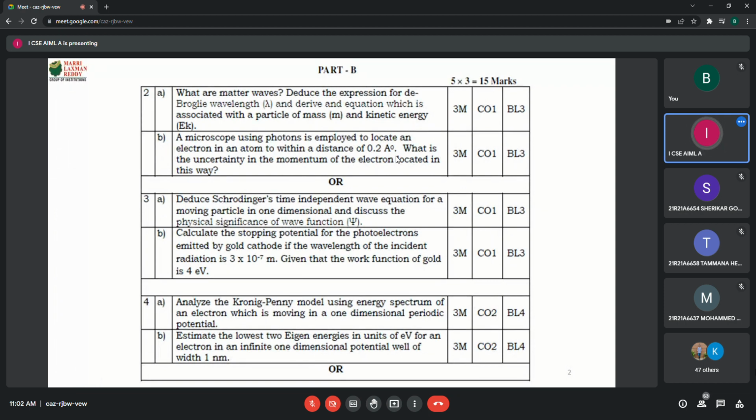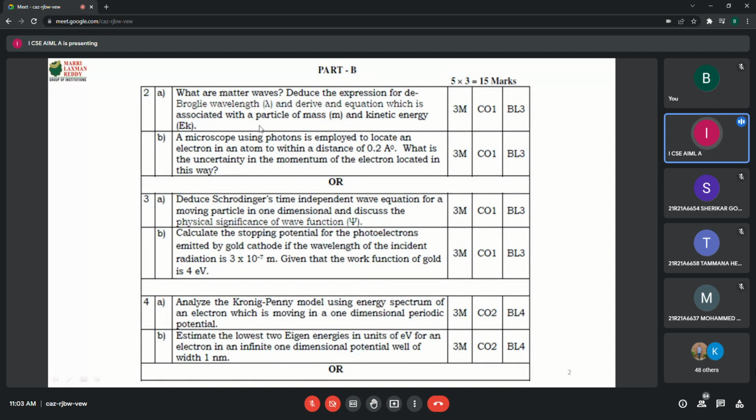As under the problems you can expect problem questions. Maybe instead of giving 0.2, maybe 0.3 angstrom units, then find out the uncertainty of the momentum of an electron, like that may be asked. So unit 1 you got one theory, one problem. Internal choice is there. If you have attempted the second question under unit 1, A and B, then you need not write the answer for 3AB, which is also from unit 1 only. Either this or this you have to write as the answer.